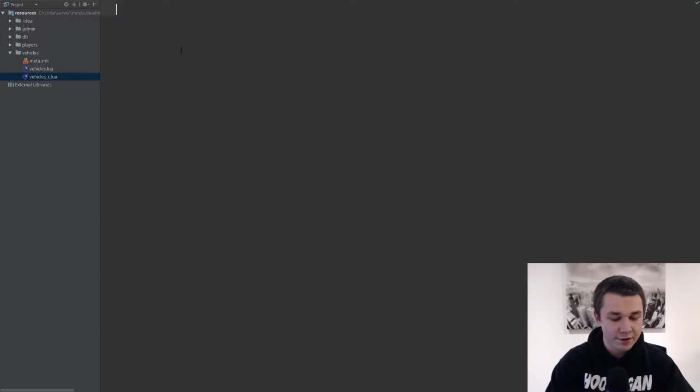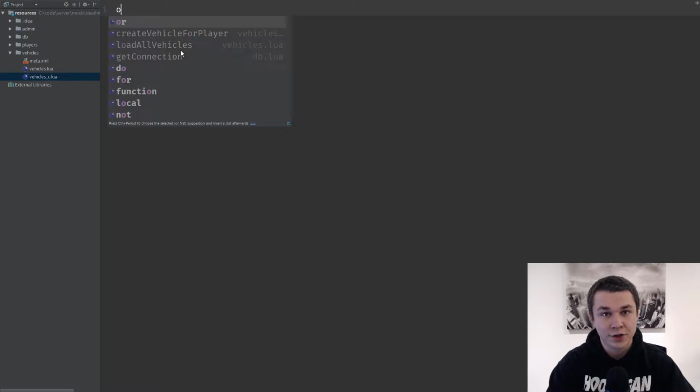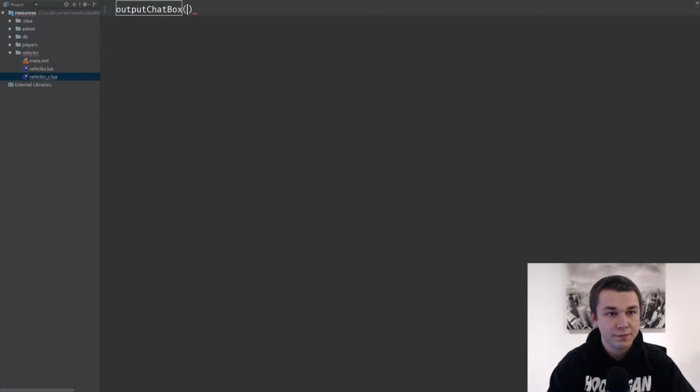So we go ahead and create our file, and then we jump in, and what can we do here? Well, for starters, we can do a lot of the same things that we've done on our server. So we can output a chat box message. But in this case, we don't need to specify who we're outputting to because we're already running it on a player's machine. So it's only going to run to that player. So we can just go ahead and set what the colors are that we want to send that to. And if we jump over to our server,